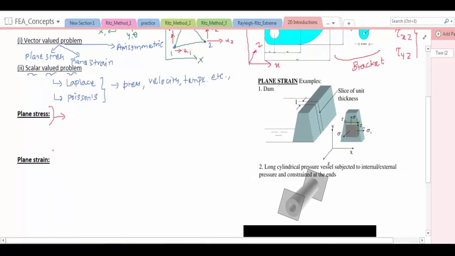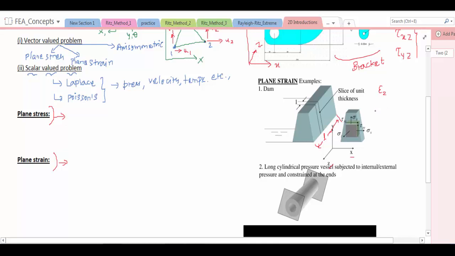Okay, so this is the plane strain concept. That means it is similar in the Z direction. See here, it is X and Y, and Z is also there, and in the Z direction we will be having a very big length, the biggest dimension. So we are purposely omitting that direction. Here we will be assuming the strain in the Z direction and the shear strain in the Z direction